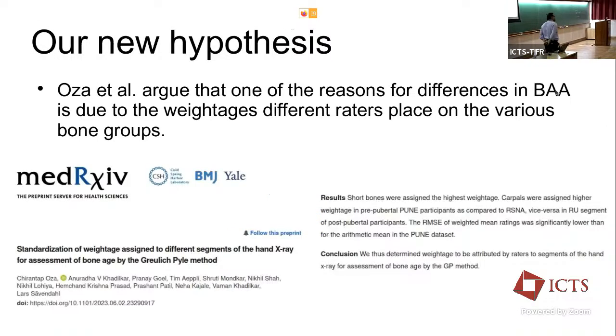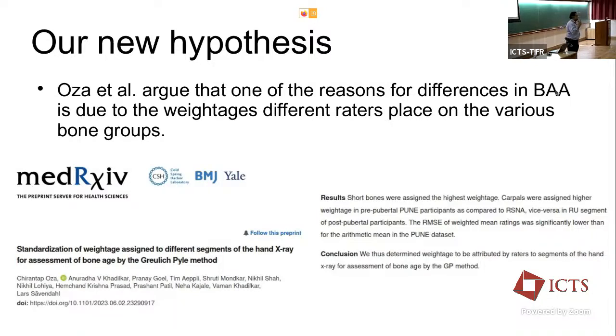Okay, so after working on this problem for several years, we have a number of hypotheses, and I'm going to go straight to the hypotheses that seem to be the most promising, and those are the functioning hypotheses, the actual working models in our lab. So we've written a paper in which we have claimed, this is on medRxiv for the moment, we've argued that one of the reasons for differences in bone age assessment